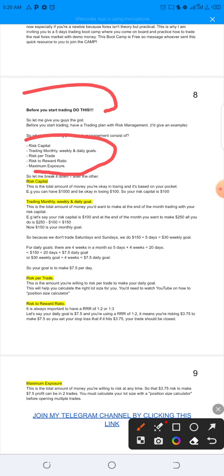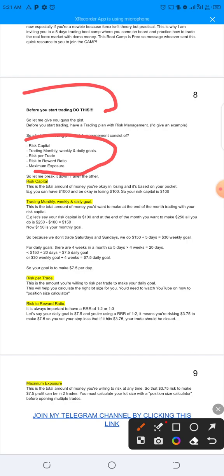So let's say you want to start trading as a newcomer, you are a newbie. Your risk capital is the money that you deposit into your account, to risk throughout that trading period, or that trading journey, or that trading month. This is based on different people's pocket size. You might say, okay, it's $50, $100, $1,000. It's the amount that you want to risk throughout. You understand? So this is your risk capital.